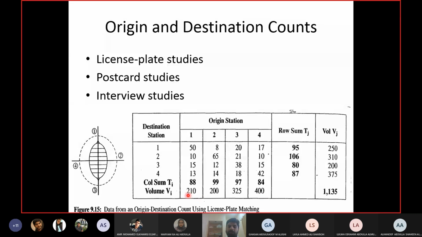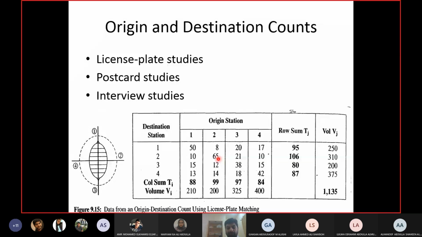I don't know. So these counts can only be used for calibrating the actual matrix. Your main aim is to fill out this matrix with the accurate numbers, with the full counts. These numbers are not yet the full counts. And the volume which is taken from the field cannot be considered as a direct value in the origin destination matrix, because for those volumes either you do not know the origin or you do not know the destination.